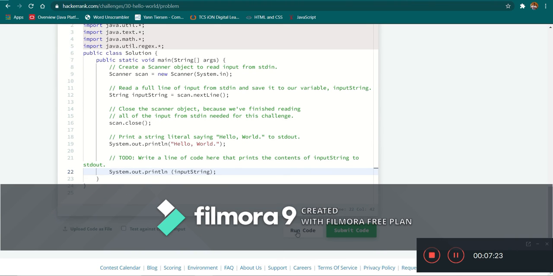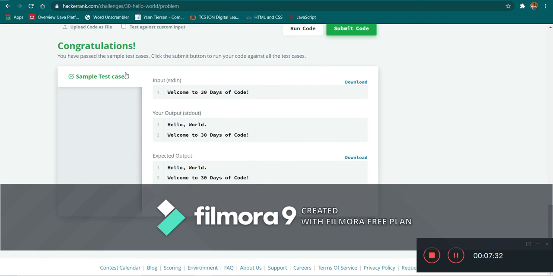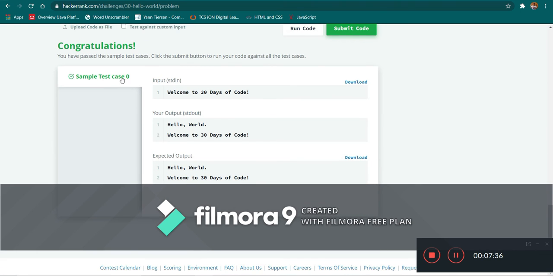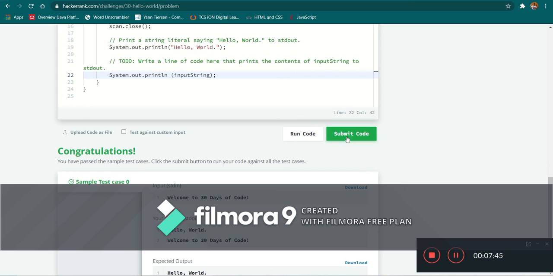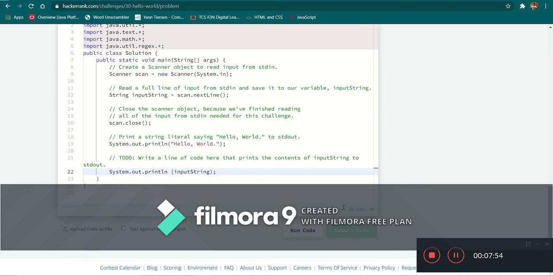Now to check if our code is working properly, we must click on Run Code on the HackerRank website, which has one test case, the one mentioned above. If this test case turns out to be correct, this means that your code is working correctly and gives the desired output for the input given to your program. Now if you are sure that the code you have entered is completely correct for the problem given, then we can click on Submit Code.